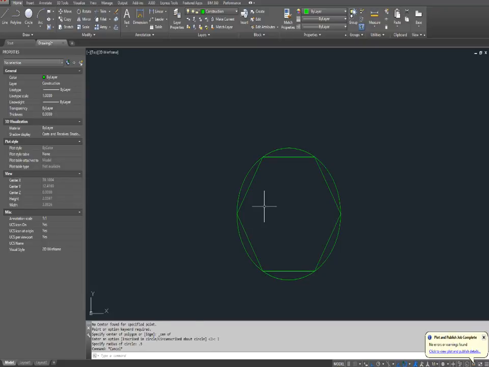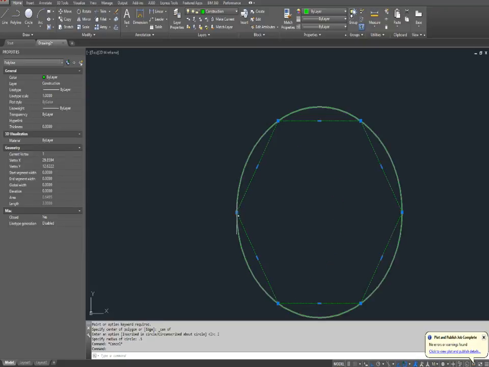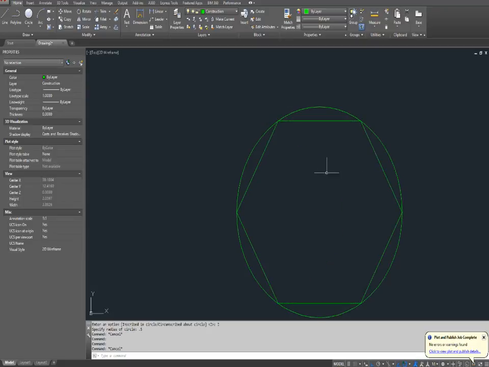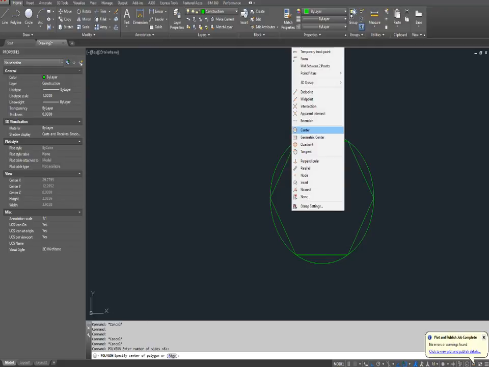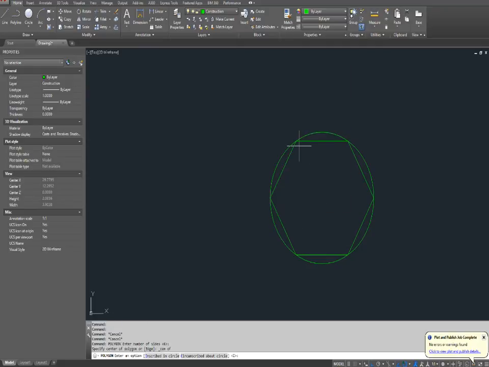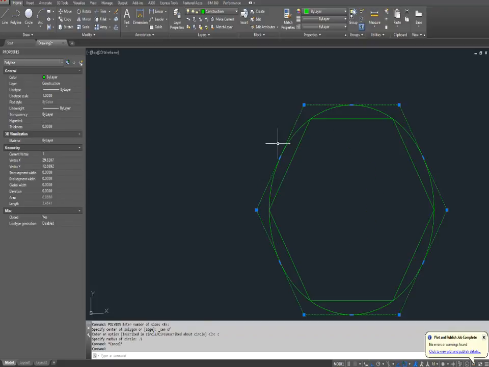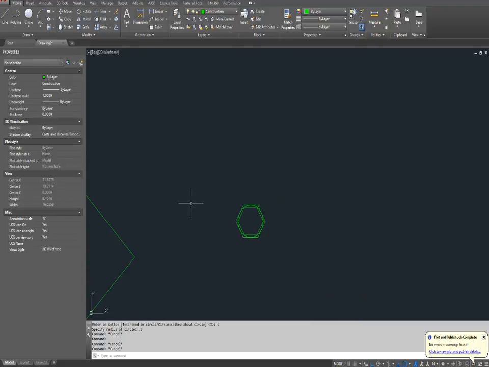So I have an inscribed 6-sided polygon, and you can see all the points are on the inside of the circle, right? So if that's an inscribed, that means if I do a polygon again, and I want a 6-sided, I want to put it on the center here, and I want to tell it circumscribed, and my radius is 0.5. I can now see that my polygon, all the flats are touching the outside of the circle. So that's the difference between inscribed and circumscribed. Okay,